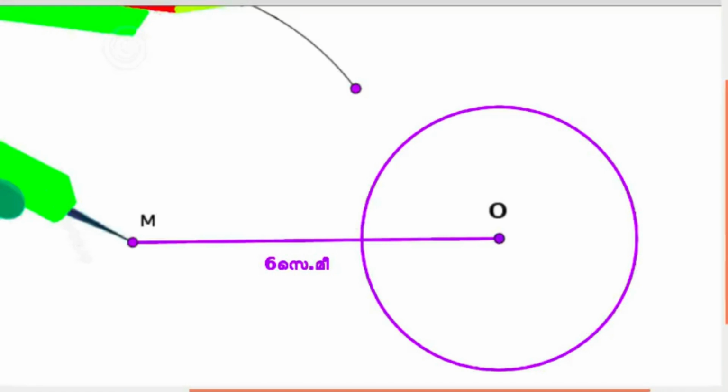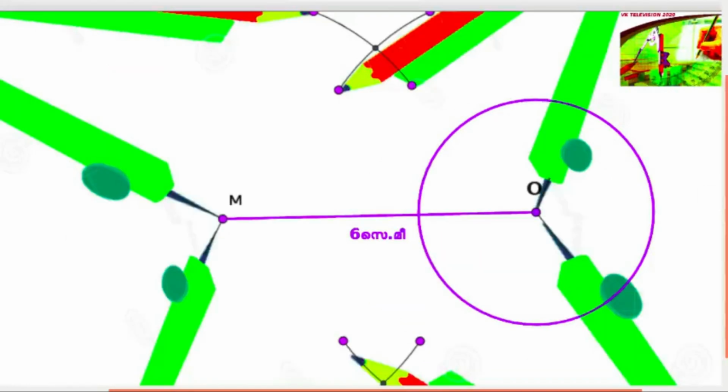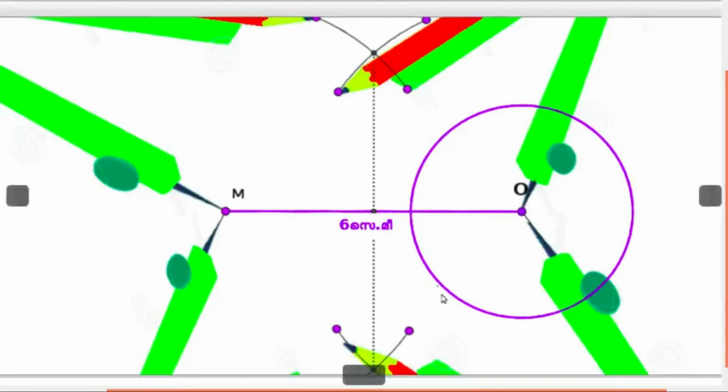Okay, and draw an arc by taking this point as a center. Then draw the arc below the line. We do the same procedure by taking this point as a center with the same radius. After drawing the 4 arcs, we join the intersecting points of 2 arcs. Then this is the center of this line.